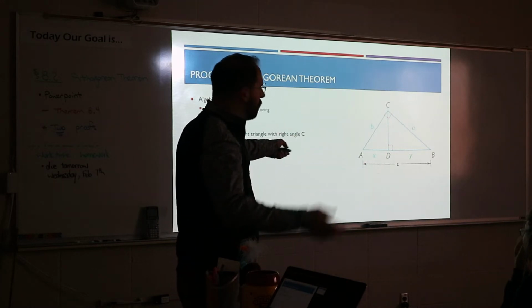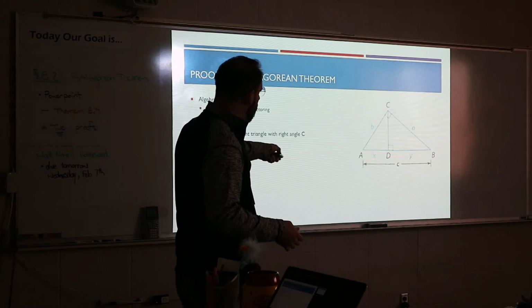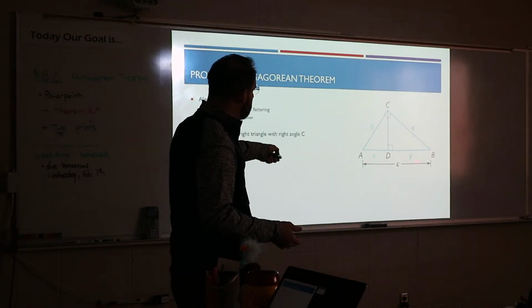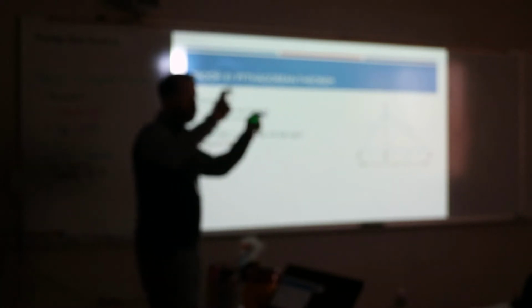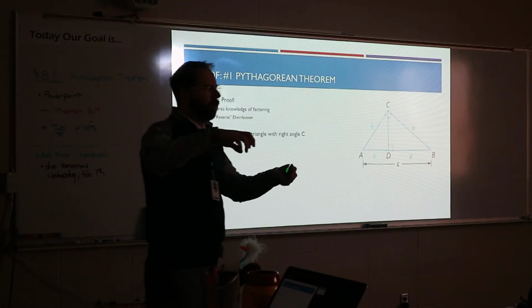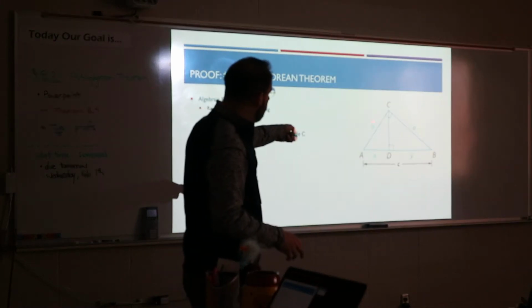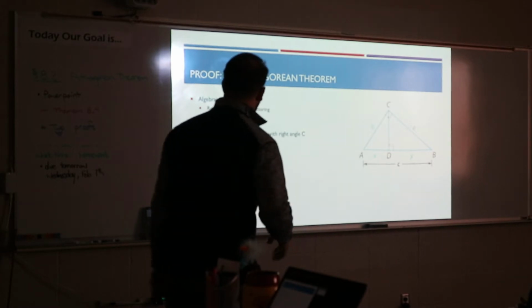A lot of the times in your homework you're trying to find B or you're trying to find A, you're trying to find this little stick or one of these pieces on the bottom. But it is a right triangle. It has the legs and it has that big hypotenuse. I just happen to label these parts on the bottom. Now, for this to work, I'm going to use the leg theorem, which was theorem 8.3 the other day that we did. So that's using a leg, the part closest to it, and the full hypotenuse. So using 8.3,